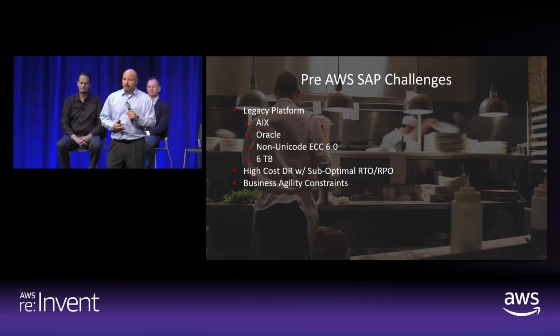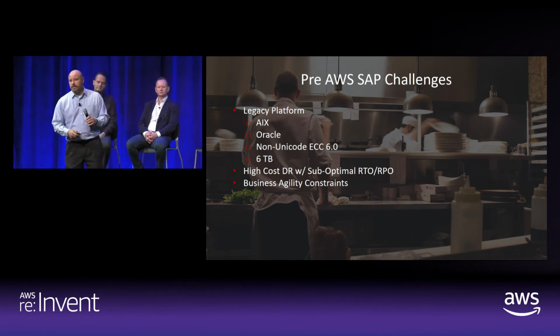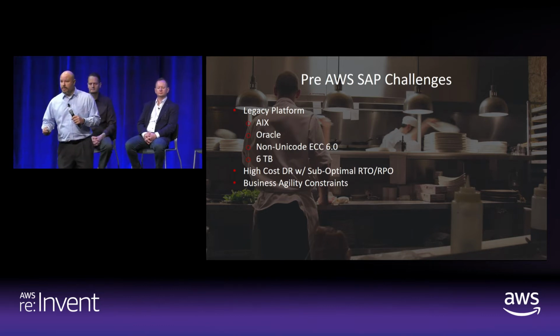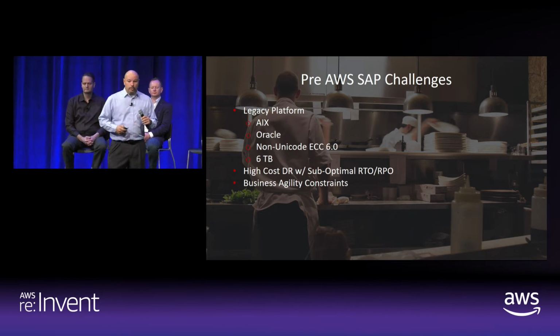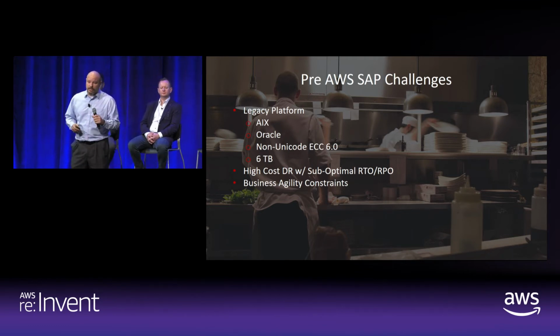None of that was necessarily a problem in and of itself, except for the high costs and suboptimal RTO and RPO that we had with DR. And the bigger concern for us was inability to be agile in meeting our business partners' needs. If you can imagine a 6 terabyte instance of SAP running on Oracle, on AIX hardware, if the business had something they wanted to do new or innovative and try a new line of services, for example, to offer